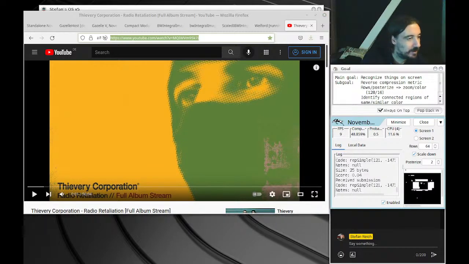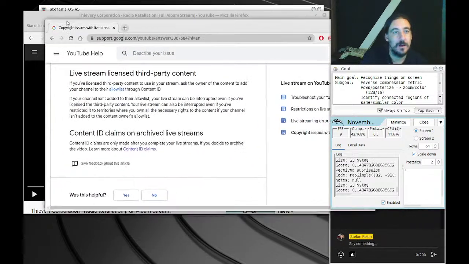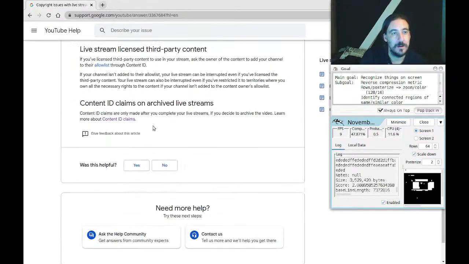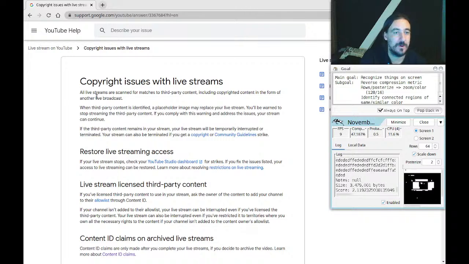Oh, yes, I have it open here actually. Let me try to understand these copyright issues. All live streams are scanned for matches to third-party content. When it's identified, a placeholder image may replace your live stream. It kind of sounds like it's already in the bad territory. You'll be warned to stop streaming the third-party content. How do they warn me though? They call me or they overlay it on my stream? What if I don't watch my own stream? I don't know. If third-party content remains in your stream,